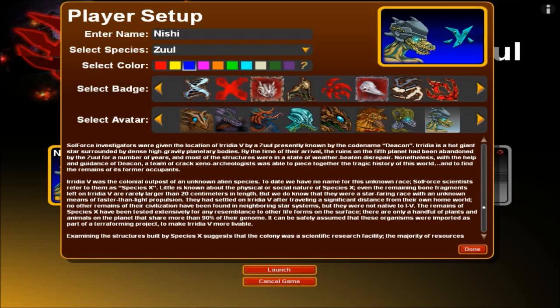Urda 5 is a colonial outpost of an unknown alien species. To date, we have no name for this unknown race. Soul Force scientists refer to them as Species X. Little is known of the physical and social natures of Species X. Even the remaining bone fragments left on Urda 5 are rarely larger than 20 centimeters in length, but we do